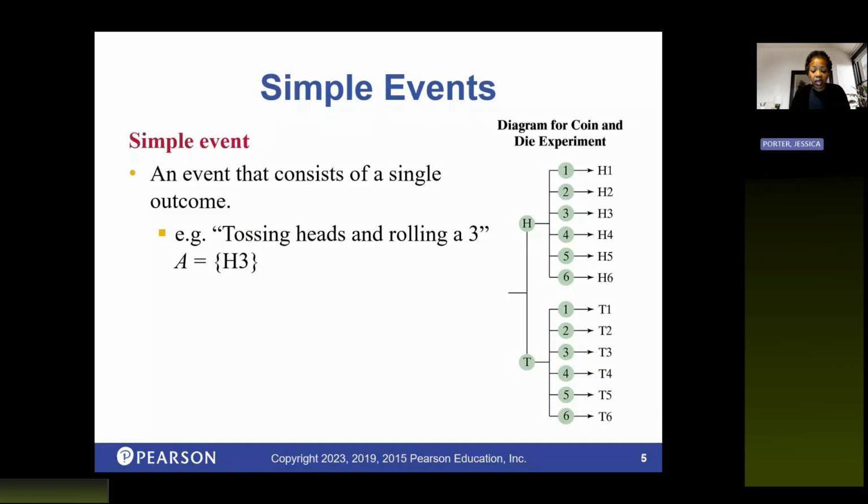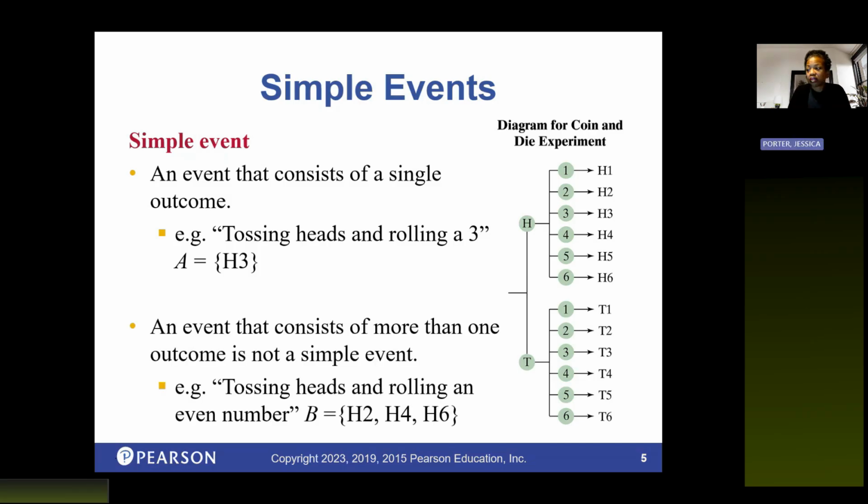All right. So a simple event consists of a single outcome. And I think that's going to be one of your questions in your homework. What is a simple event? And in this case, the example is tossing a head and rolling a 3. An event that consists of more than one outcome is not a simple event. Okay, so tossing a head and rolling an even number, that would give you